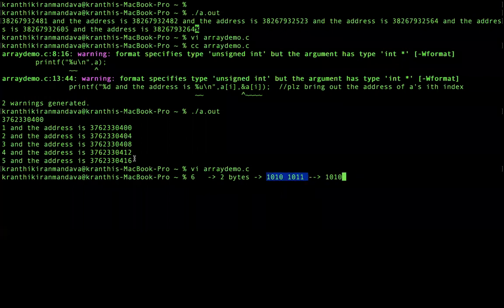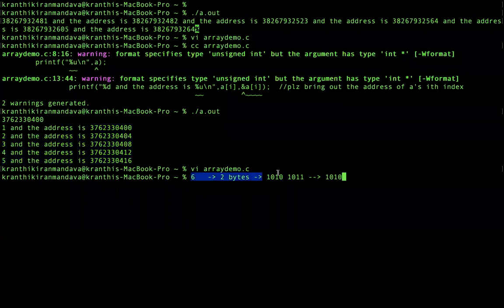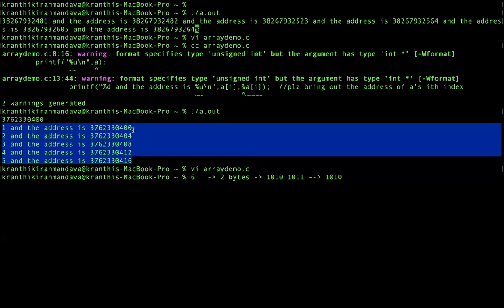The same thing happens in an array. That is why I called it a primitive data structure. Why is 6 a primitive data structure? Because it is occupying 2 bytes of memory. That is why it is called a data structure, but it is a primitive data structure. Coming to this array, it is constructed with primitive data structures, and how many bytes of memory is it occupying? Seeing this, can you tell me how many bytes of memory it is occupying? 4. Not 4, I want the whole array data structure. How many bytes is it occupying?